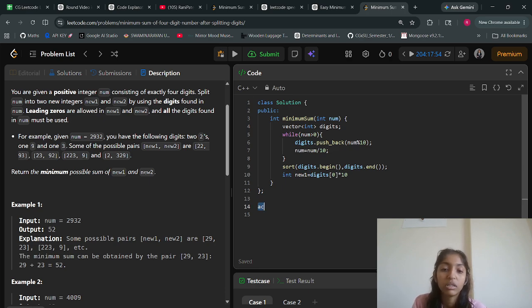The digit at position A is multiplied by 10